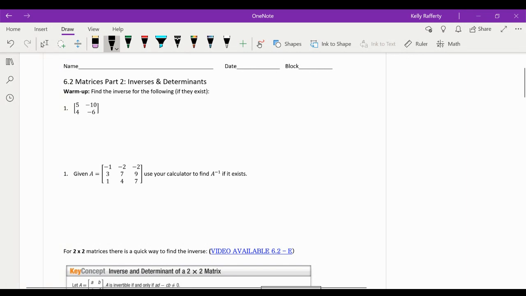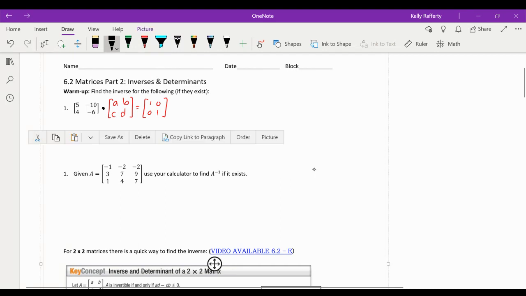And the reason this works, if we're trying to find an inverse, then we know that our inverse is going to be some matrix where we multiply it. So I'm just going to call it A, B, C, D. If we multiply two matrices that are inverses, then we would get the identity matrix. So 1, 0, 0, 1. If we actually multiply these right now, and that's why this section also has matrix multiplication in it,